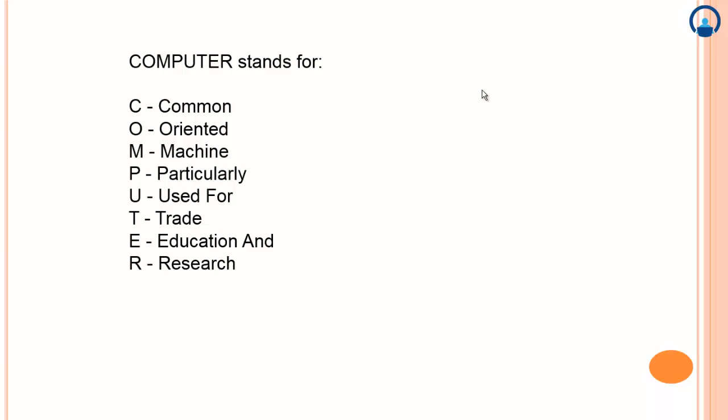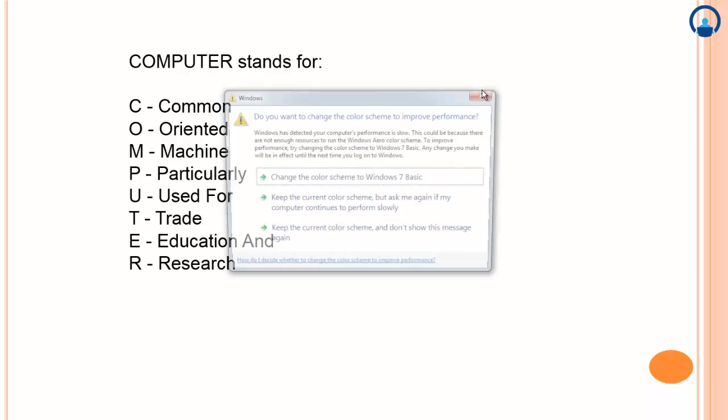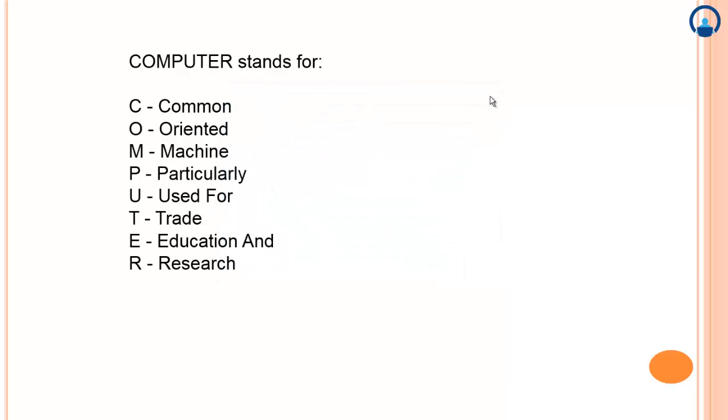Okay, now we can understand there is a full form of computer. All the letters have different meaning. Okay, now we will see computer stands for C for common. We all know that common means it's very common. O for oriented means ambitious. M for machine. P for particularly means computer is based for a particular task, means